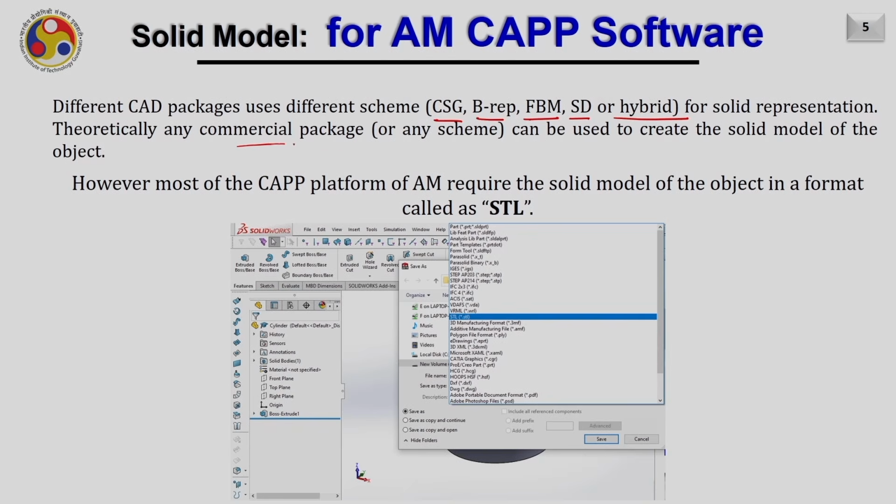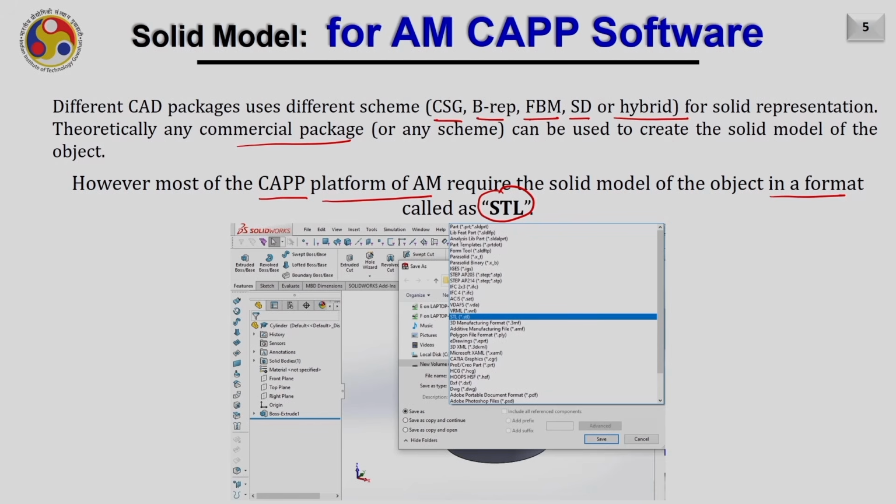Theoretically, any commercial package or any scheme can be used to create the solid model of the object. However, most of the CAPP platforms of additive manufacturing machines require the solid model of the object in a format called STL.